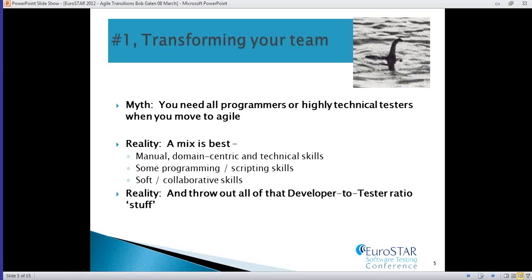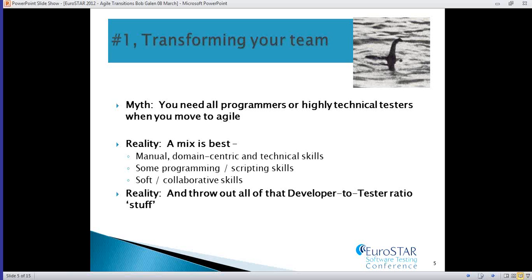Now, I do think another part of the mix is that some programming or scripting skills are required. So I like to think of this as an equalized curve: maybe 30% really excellent functional testers with strong domain-centric skills, maybe 30% of the team has some scripting skills, a modicum of programming skills, or just awareness. And then another 30%, and there's nothing magical about the numbers, it's just a communication device, so no one jot this down and start being prescriptive to your teams, please. Another 30% do have programming skills, maybe are programmers and have deep skills in writing whatever code is in your technology stack.